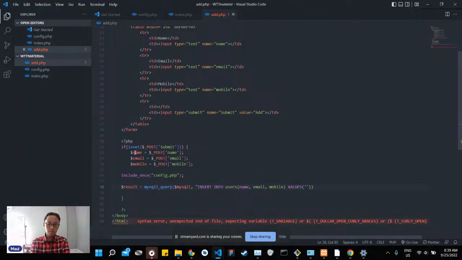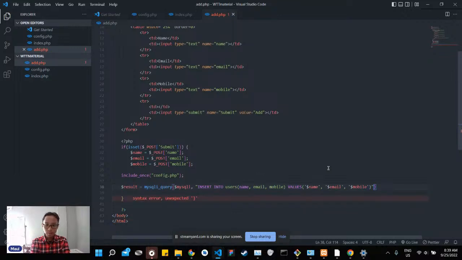is what we get from the input. We call the variable again, name and then email and the last one is password. Not password, sorry, mobile. Close the... what's wrong with this? Oh, okay. I forgot to close the syntax, and then